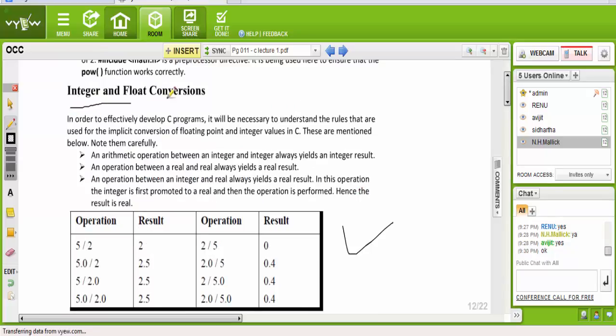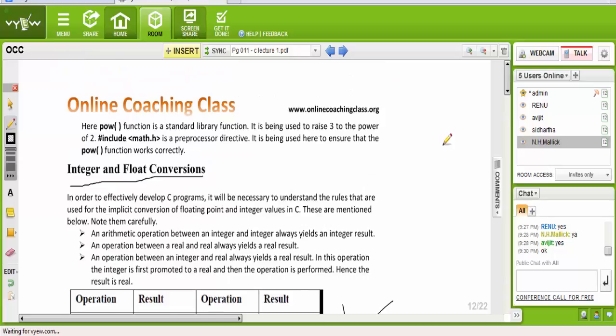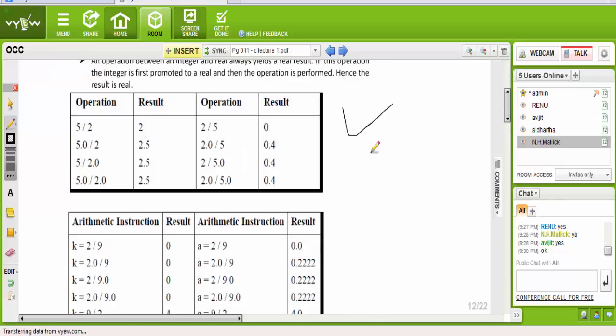integer and float conversion. It is very important. Okay. Now see, if we want to do 5 by 2 in our program, then what will be the result? Generally 5 by 2 means what?